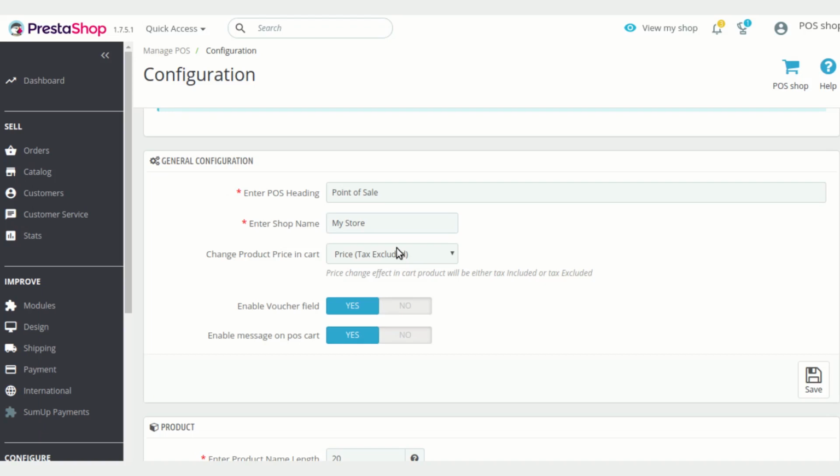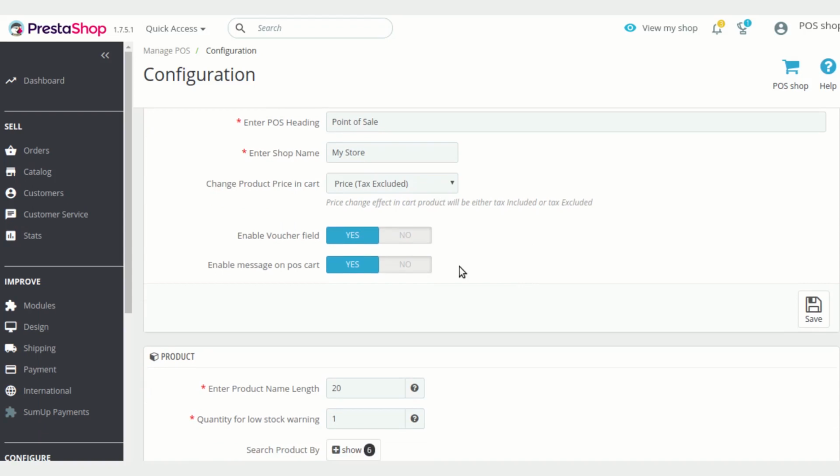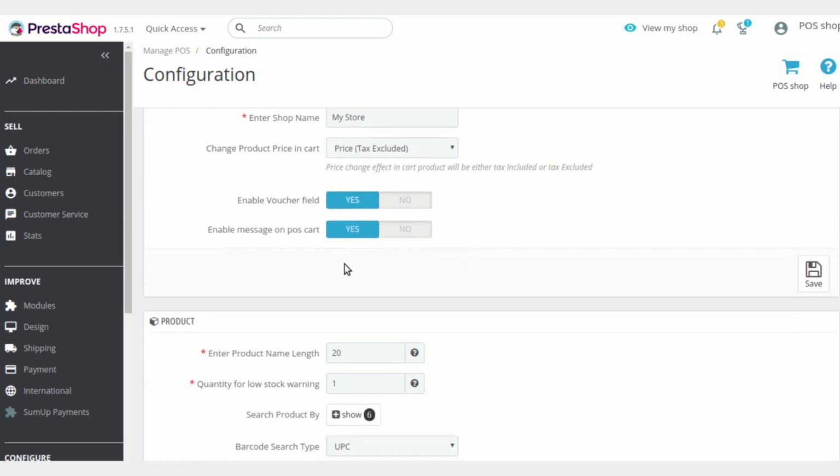For now, we just need to see what extra options we have in the configuration. While explaining the process of ordering the product at POS or placing the order, I'll cover this section in detail. After that, if you want to enable the voucher field, then you can do that.